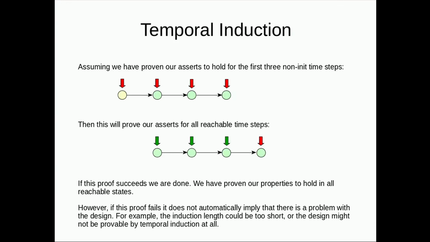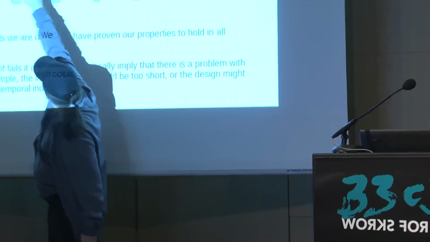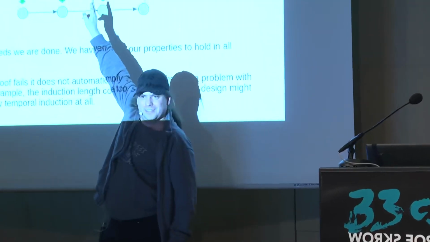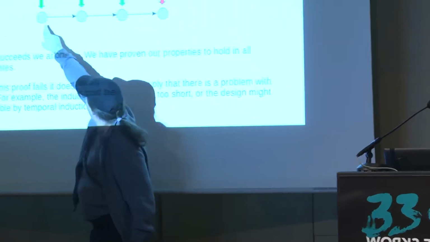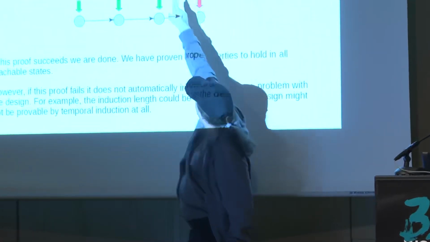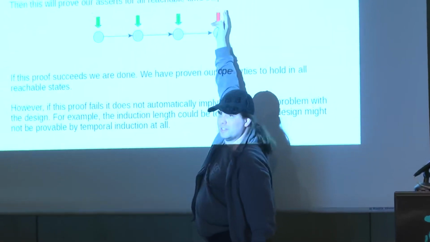And now we would like to prove that when there are 3 consecutive states that don't violate assertions, then there is no way for a following state to violate an assertion. And if we can prove this, we have obviously proven that the assertions will hold forever, because this here kind of fits together. So we can just say, well, we have proven 1, 2, 3 non-initial states. So this exists. And if this proof holds, we know every state that follows the third state here must also